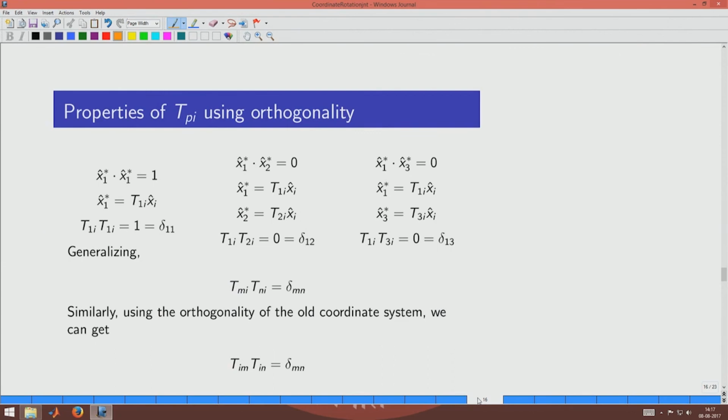Okay, so there are certain properties of the transformation matrix which are derived from the nature of the coordinate system that is being used here, which is basically the orthogonal coordinate system. These properties of the transformation matrix are then used to reduce some of the expressions as we derive various quantities later on. So, we know that both the new and the old coordinate systems are orthogonal, which means that